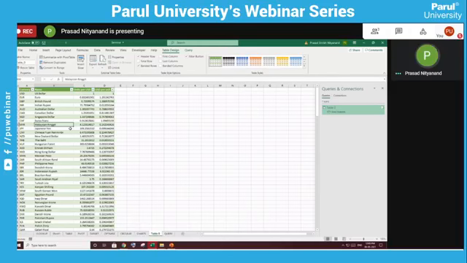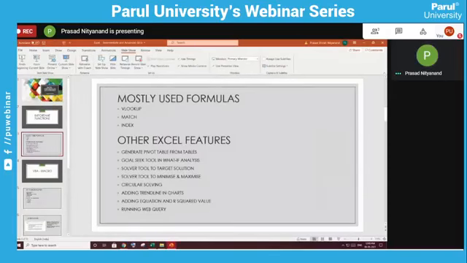You can just go to this Excel and click on refresh. This table will be automatically updated. So these are the basic Excel tools which might be very useful for an engineer in his corporate life, which I have shown you.